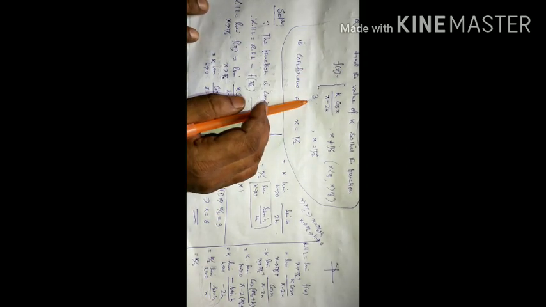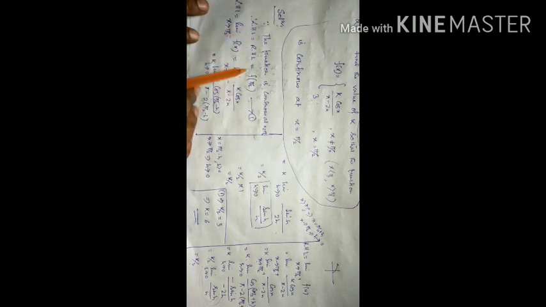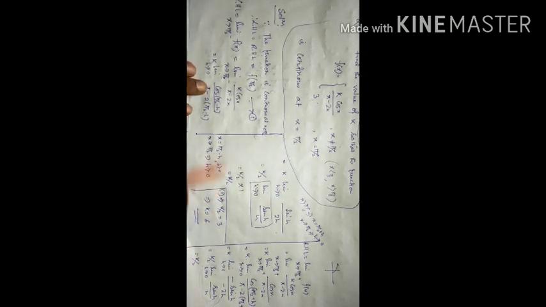Okay, and the functional value at the point x = pi by 2 is given by 3, so f of pi by 2 is equal to 3. If you put all the results in this equation, you will get k by 2 equal to 3. So you can write equation 1 implies k by 2 equal to 3. You put the value here, and you get the ultimate result: k equal to 6.